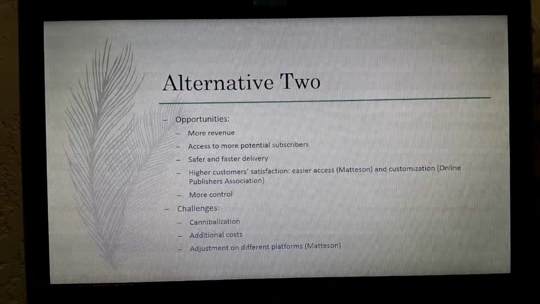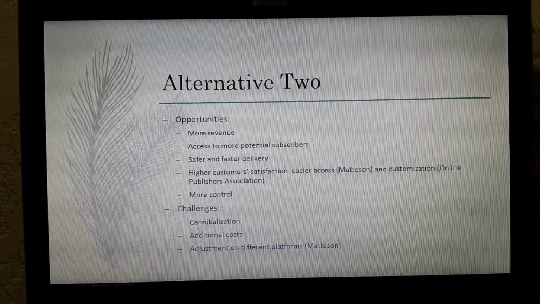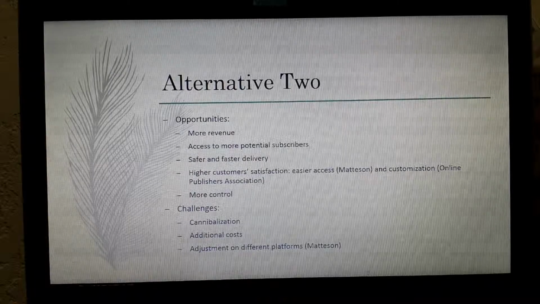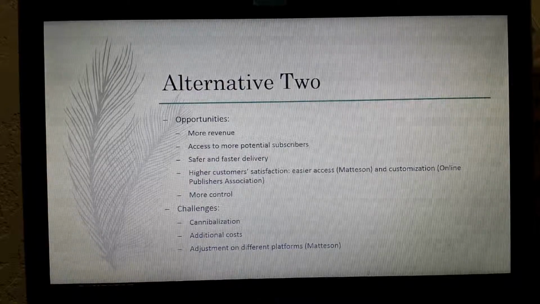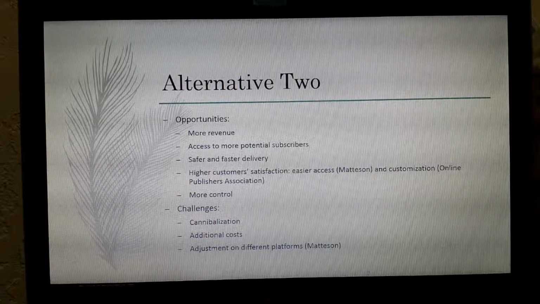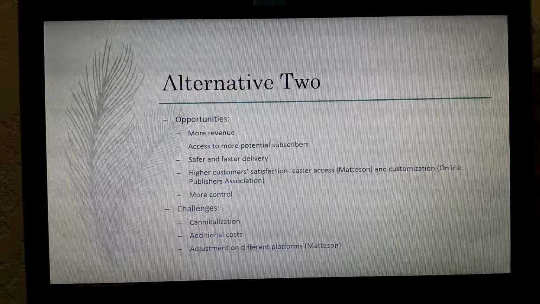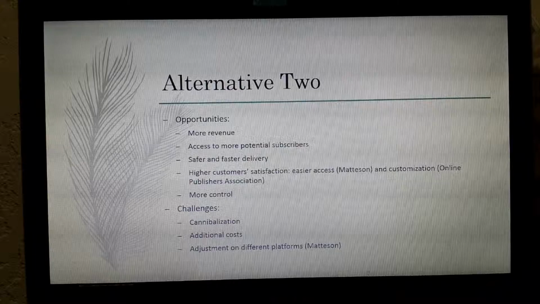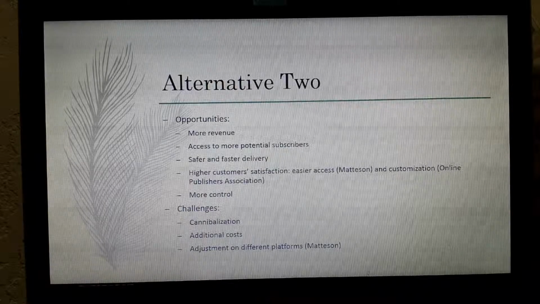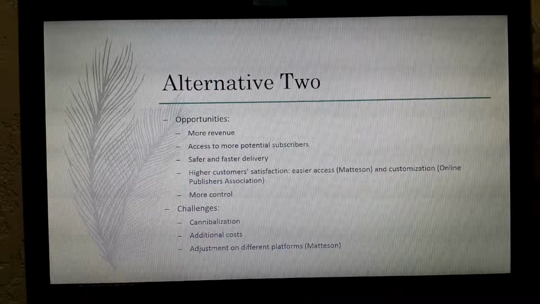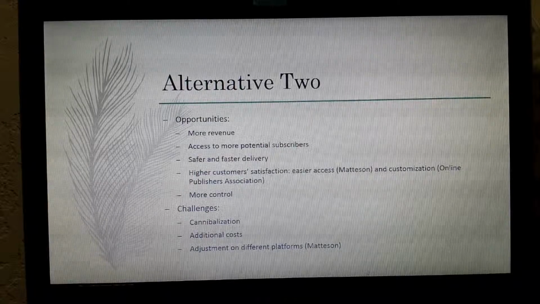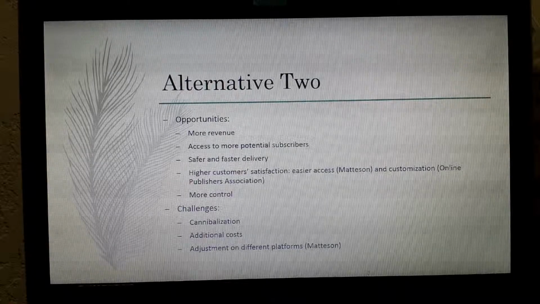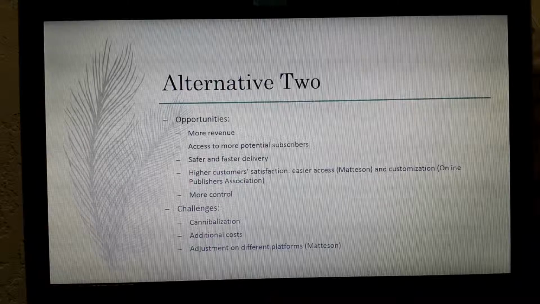For the reason that, as Scott Mendelson analyzed, subscribers can visit the ASIB's website from various platforms such as laptops, tablets, and smartphones, which provides easy access to the articles they would like to read. Moreover, according to the Online Publisher Association, as the ASIB can collect subscribers' data through its website, it can customize the display of its web page to match the subscriber's preference. Since the ASIB relies on its own website, it has better control over the security and functionality of the system.